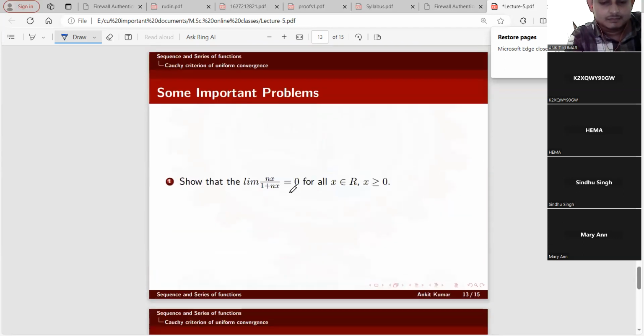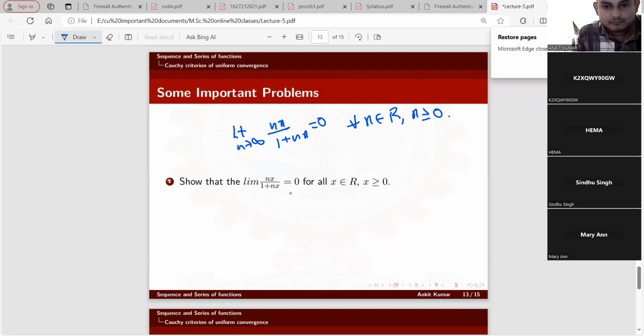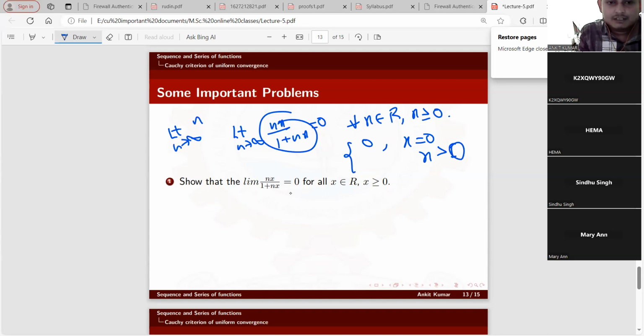Now this is the last example of this scenario. Limit n tending to infinity nx upon 1 plus nx is equal to 0 for all x belongs to R, x greater than or equal to 0. Suppose we take x equal to 0, then this is 0. If we put x equal to 0 in this place, then 0. If x is greater than 0, then the limit n tending to infinity n upon 1 plus n, which is 1 upon 1 plus 1 over n, and this is 0. And if x is less than or equal to 1,